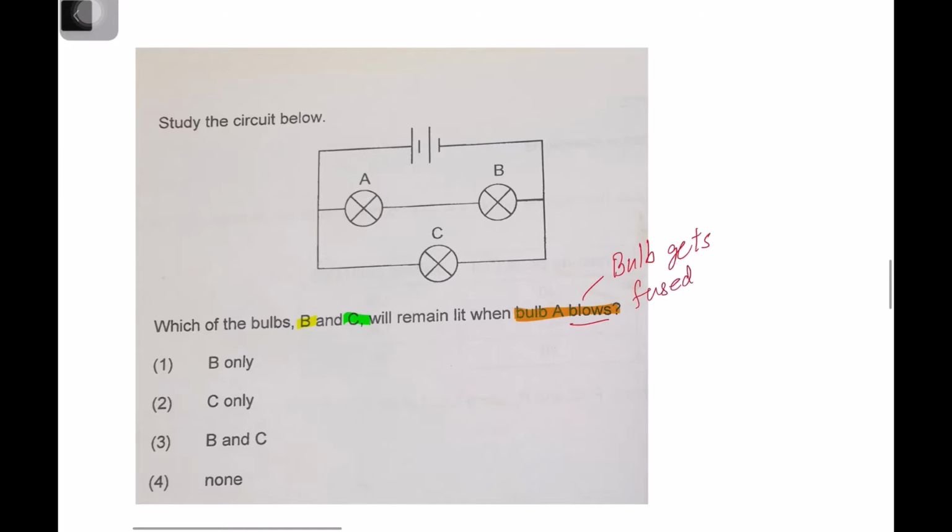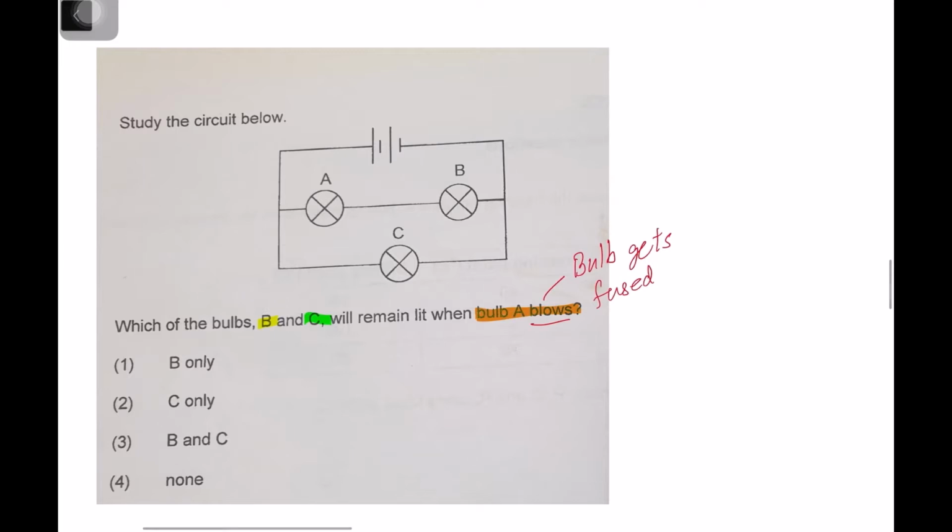Well, most frequently the bulb gets fused when too much current flows through the circuit, and this causes the filament of the bulb to get very hot, causing it to melt. And when this filament melts, there's a break in the circuit,